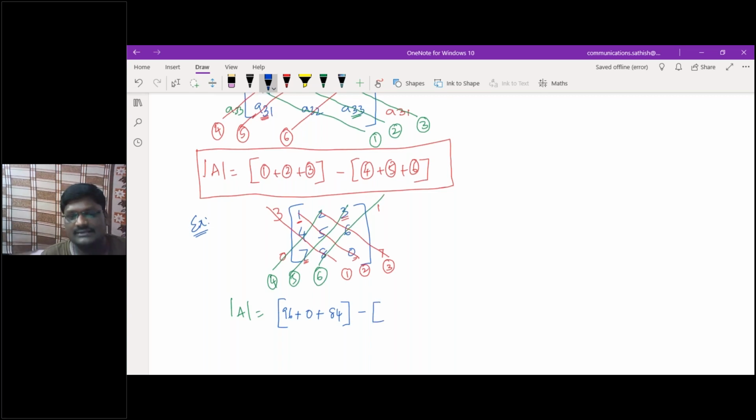Similarly, see, 1, 2, 3 will be positive, then 4, 5, 6 will be negative. Am I right or not? Then for that, give me the fourth one. Fourth one is 105. Fourth one: 0 into 4, so anyhow this will become 0. 0 into 4 into 2 will be 0. Anything you can write it as. Maybe you did it as a middle diagonal element. Whatever the case, you can write it as, not a big deal.